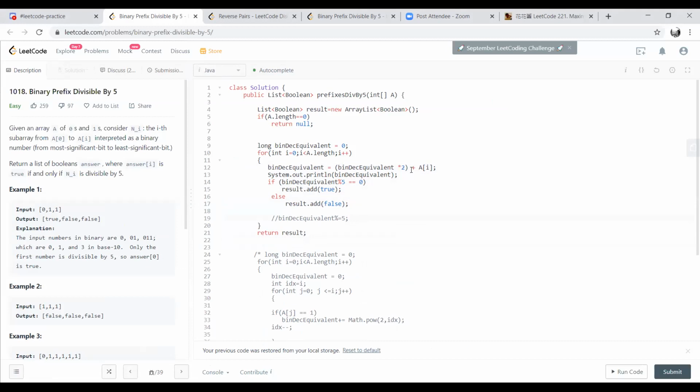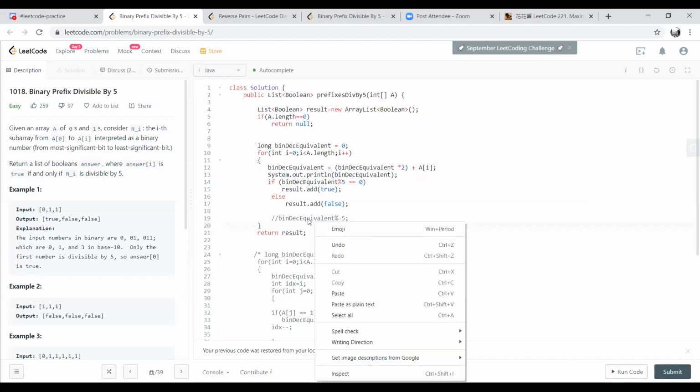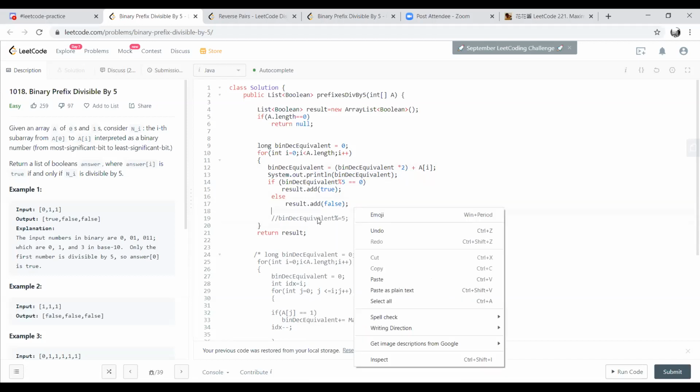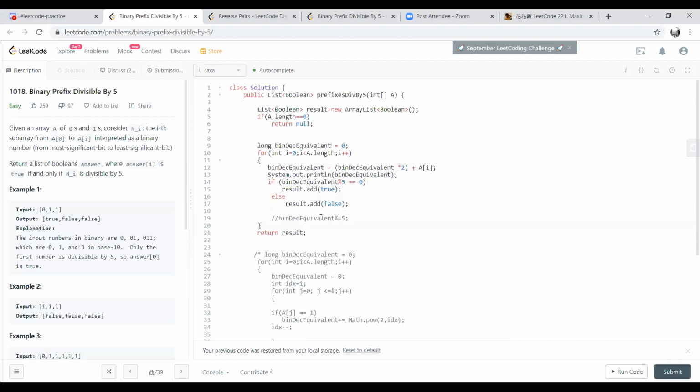Then I tried to print the value. I took it as long, so I wasn't expecting it to overflow, but I see it will, and I think that is still the issue. Then I got confused here. In one of the solutions, they mentioned I have to update the value of my sum to modulo, and I really didn't get that point.